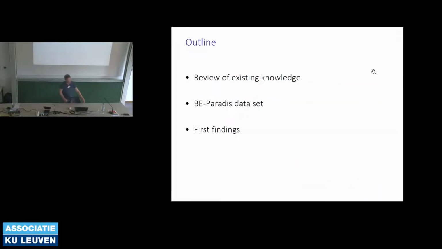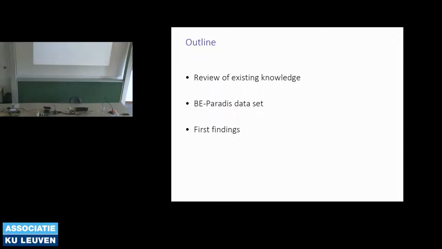Okay, and what I'm going to talk about this hour is about three products which are in progress. So don't expect from me final answers yet. I hope that final answers will come in 2 years, but I want to talk about three products which are in the pipeline. First of all, we started by reviewing the existing literature. What is it actually that we know and what we don't know about income inequality in Belgium? So that's what I'm going to talk first about.